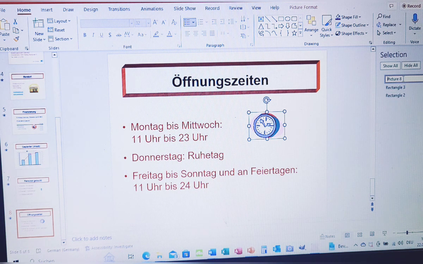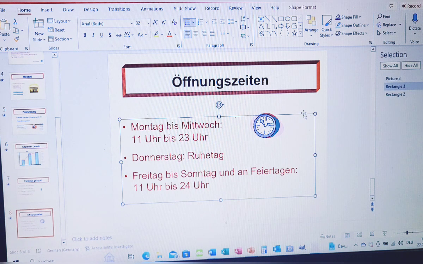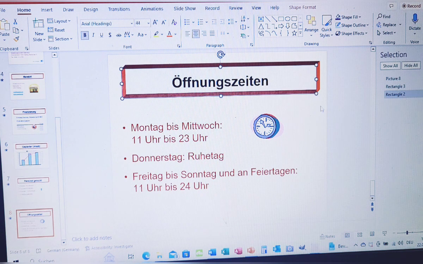It's just for us to know what's the name of this clock. It is Picture 8. If you click here in the rectangle 3, you see this is the rectangle 3. And if we click here, this one where the title is Öffnungszeiten is called rectangle 2, but we are interested